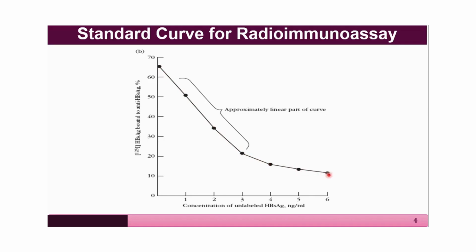At one point, there will be minimum count of the radioactivity, and at that point the concentration of unlabeled antigens bound to the antibody will be highest. So, the part which is shown partly, that is somewhat linear, approximately linear, is the part to be considered